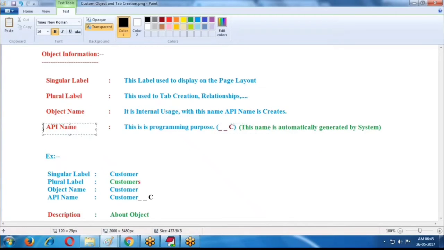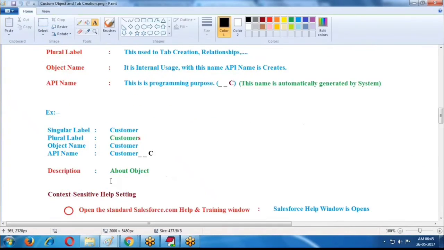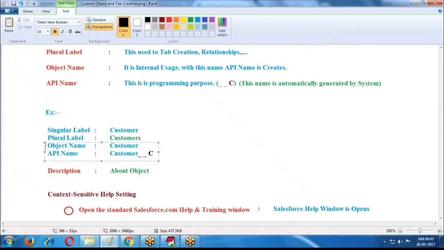This API name is created with __c. Suppose I create the singular label as customer, plural label as customers, and object name as customer. With the object name provided, it creates the API name customer__c.